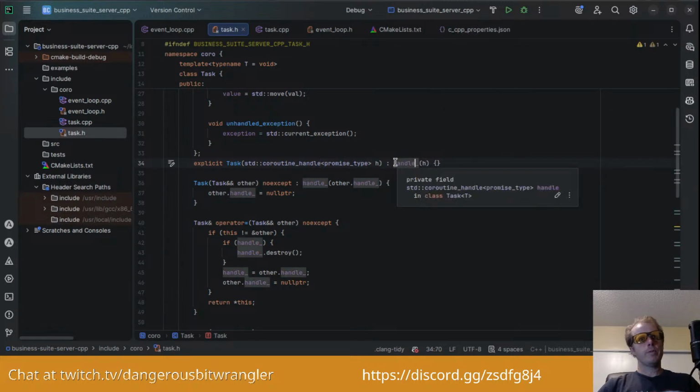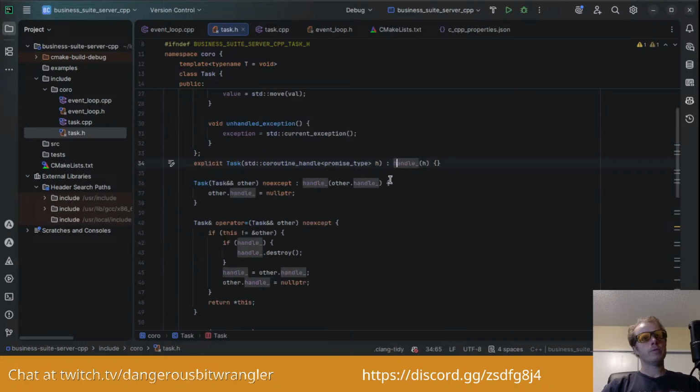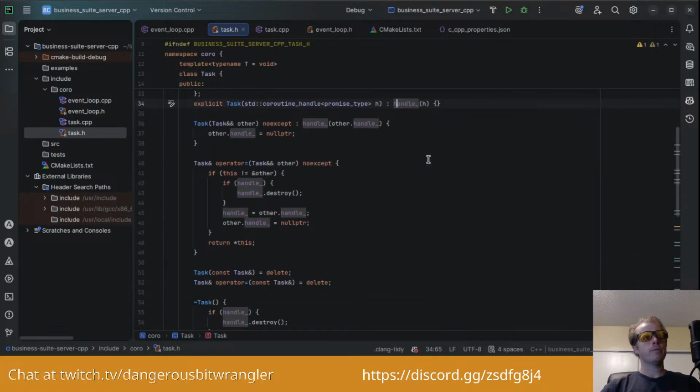And what does it expect? Well, we can go look at handle. Handle is of type coroutine handle of promise type. So I guess coroutine handle is actually a template, which is cool. So it's nice and flexible.